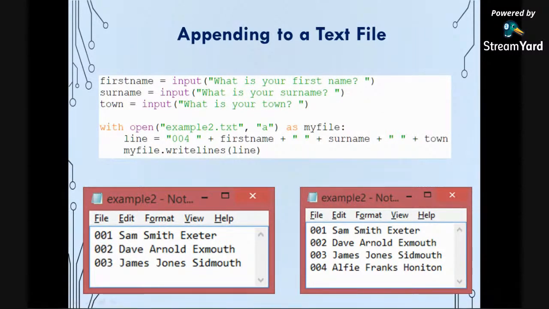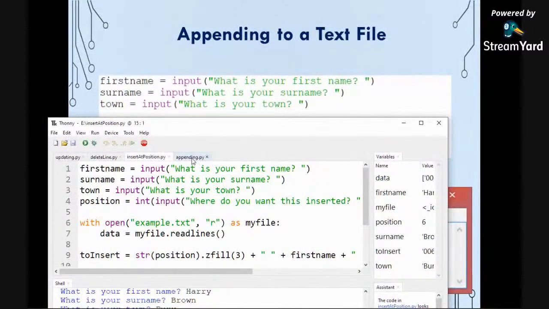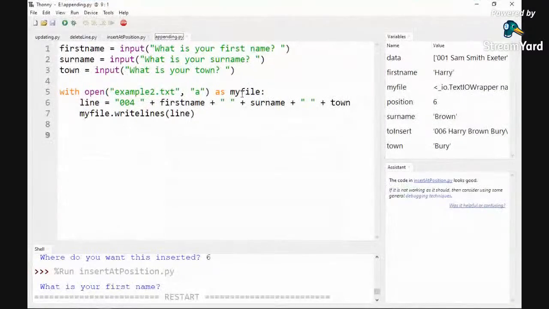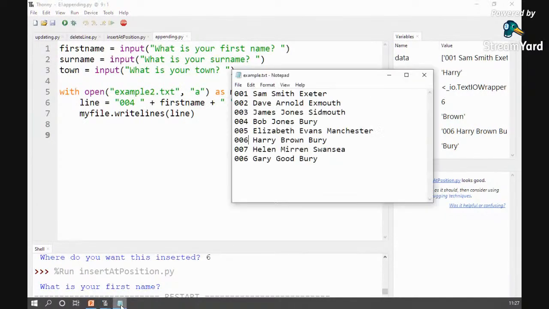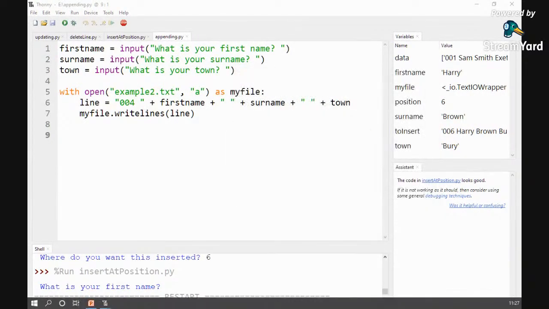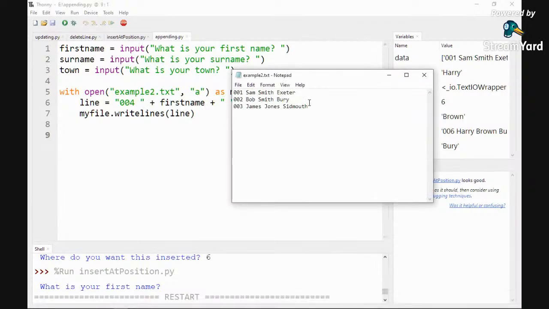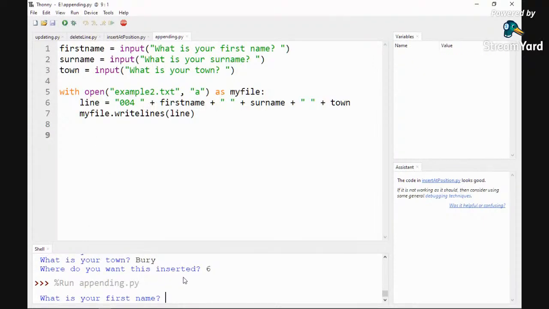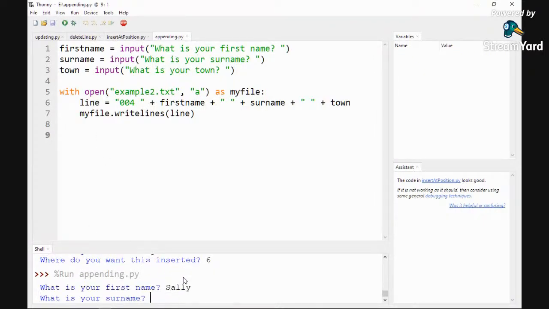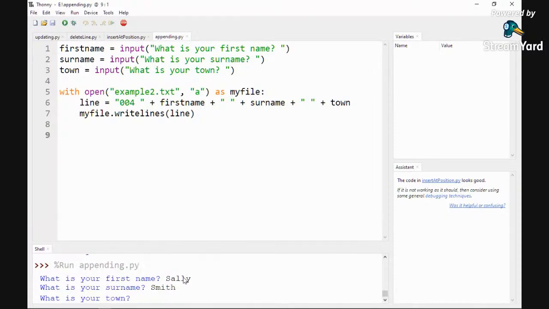Let me just check. Let me get it open again. So appending. So running this again, we've got, oh no, that's example. We want example 2. So Sam Smith from Exeter, Bob Smith from Berry, James Jones from Sidmouth. And if we run this, what's your first name? Sally. Sally Smith from